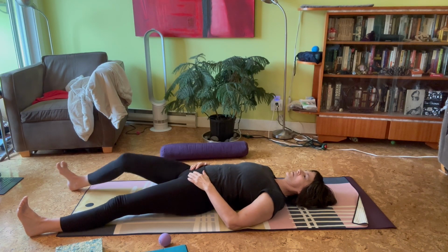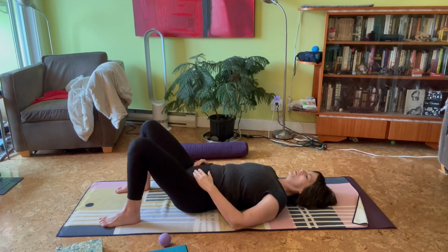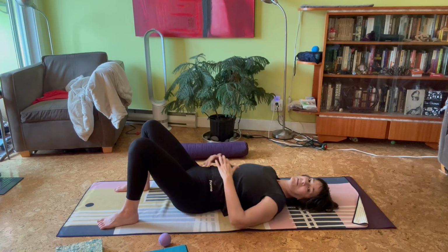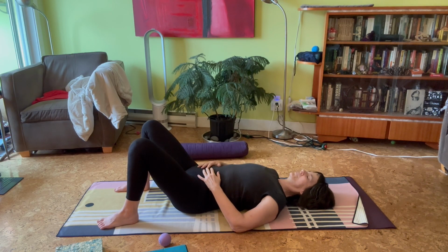Just stretch out first and then float my feet up and put my feet just near my sits bones, in line with my sits bones. You can see there's a good amount of space between my heels and my glutes. Let's just take a moment, come in to this present moment, connect with your body in connection with the floor,